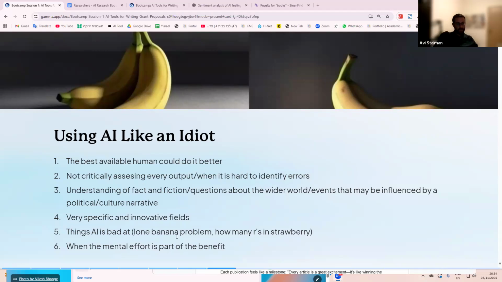Okay, so let's continue on here. The last way not to use AI like an idiot is, and this is really important to me, my biggest fear when I run these trainings is that I don't want people to stop thinking. And that is a risk. I know it sounds like, oh, of course, but it's a risk, especially for students. I'm very fearful that, if our natural inclination would be let's think first and then use GPT as a helper, they may use GPT as their thinking and then not develop those critical thinking skills as well.